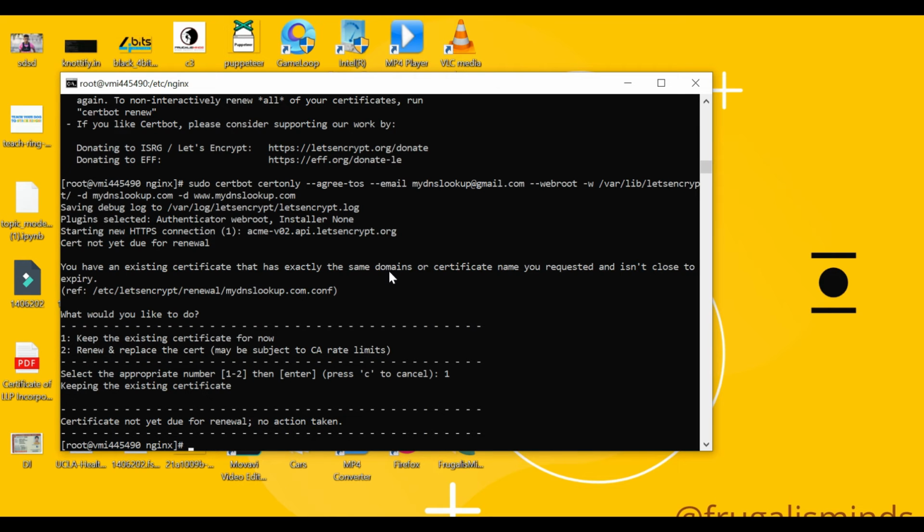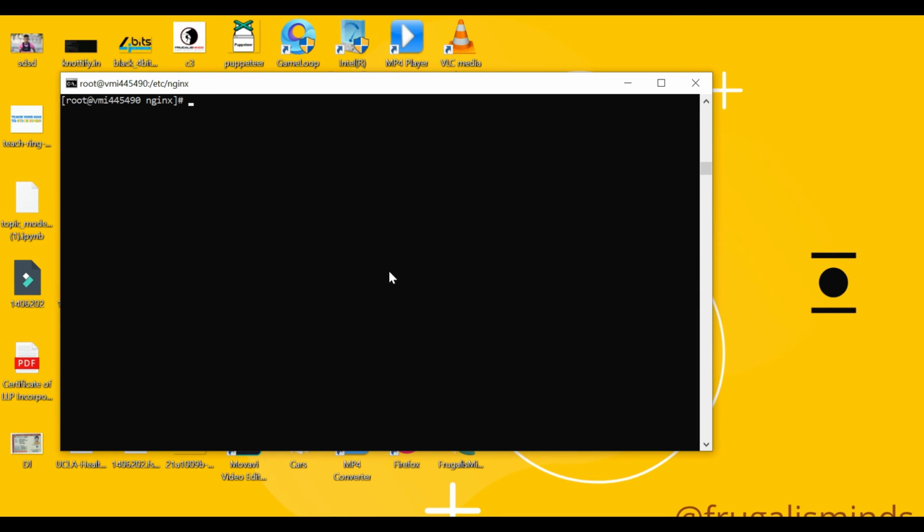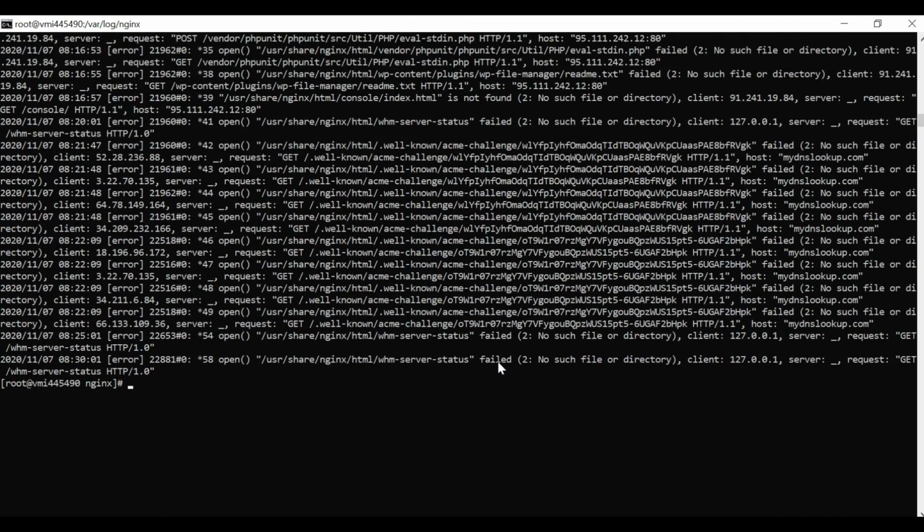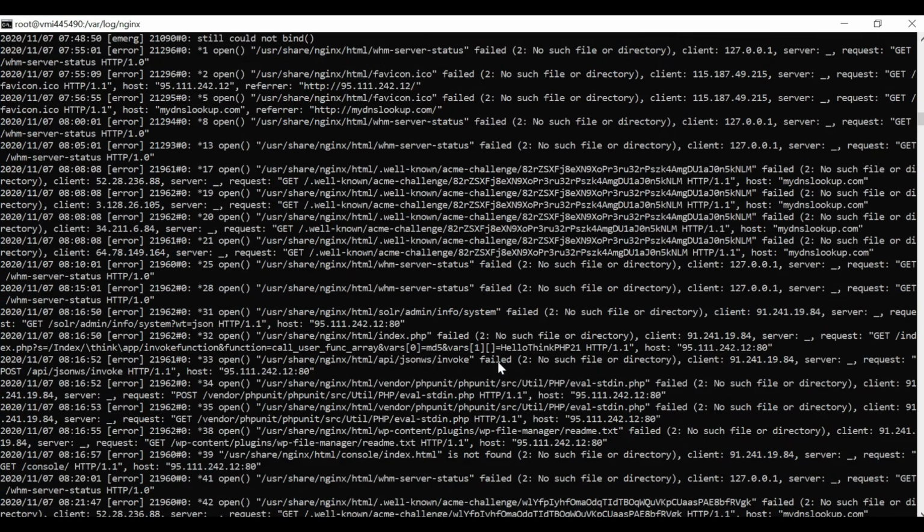First, if you get this kind of error, what you need to do is navigate to /var/log/nginx and open error.log. If you see my error.log, there is an error that I was getting when this was happening: /usr/share/nginx/html failed because no such file or directory. This was the default root that was set by nginx.